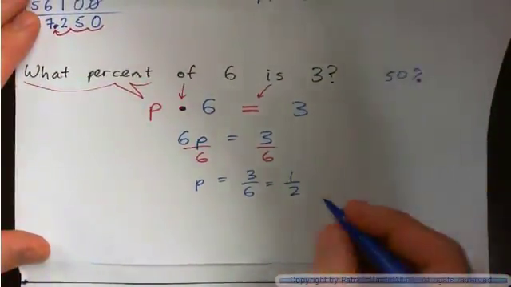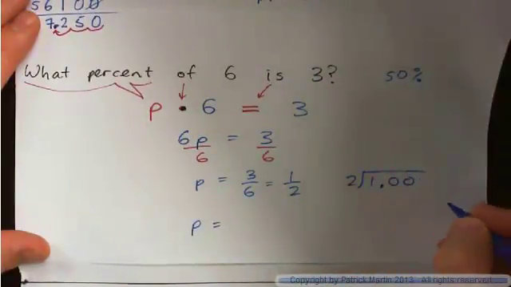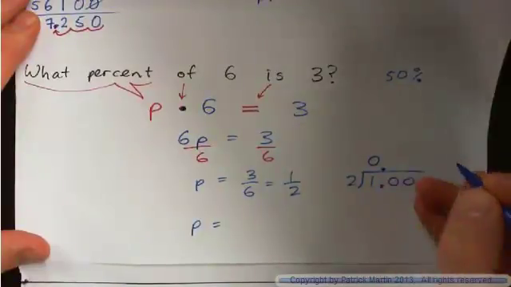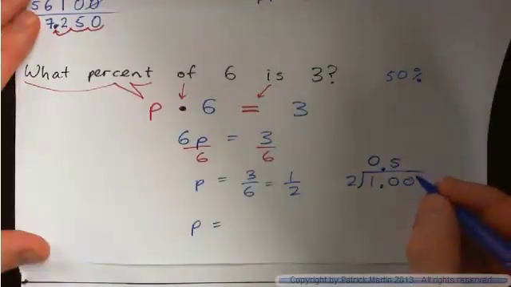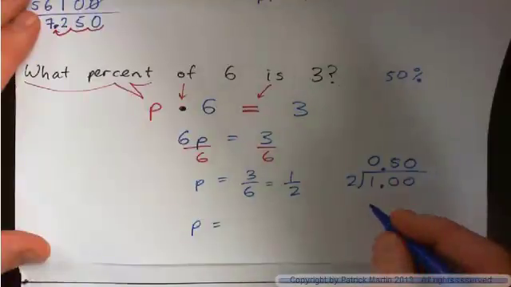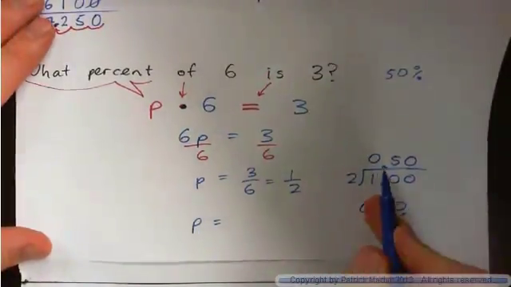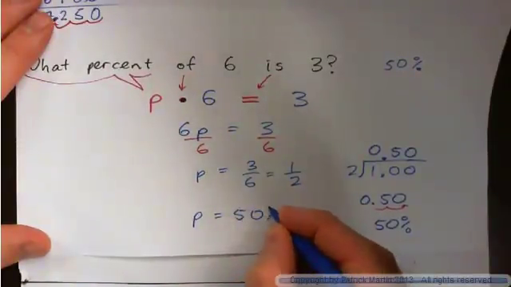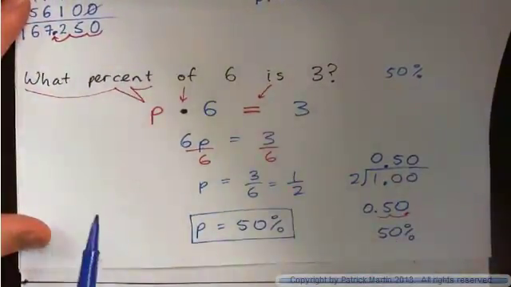And then turn that into a percentage. Well, you've got to divide 2 into 1. 2 into 1 goes 0 times, but 2 into 10 goes 5 times. So we get 0.5 or 0.50, or if you move that decimal point 2 spaces to the right, that is 50%. So 3 over 6 becomes a half, which ends up being 50%. Okay, so